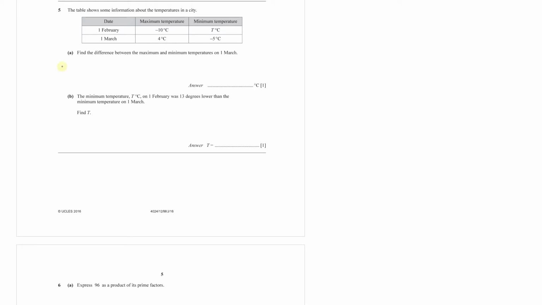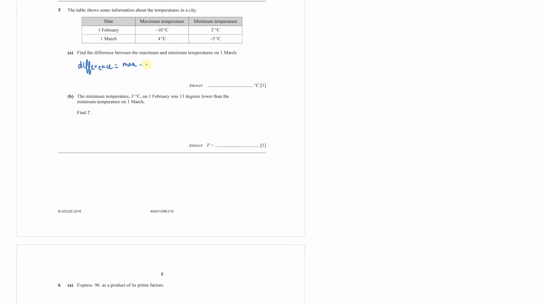So question number 5, the table shows some information about temperatures in a city. On February 1st, the maximum temperature was -10, the minimum temperature was T. On March 1st, the maximum temperature was 4, minimum temperature was -5. Part A is find the difference between the maximum and minimum temperatures on 1st March. So your difference would be